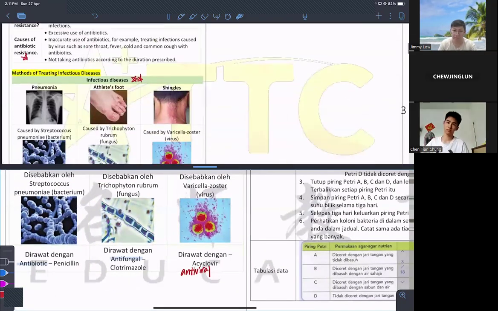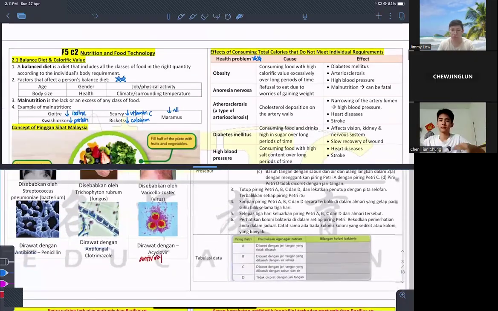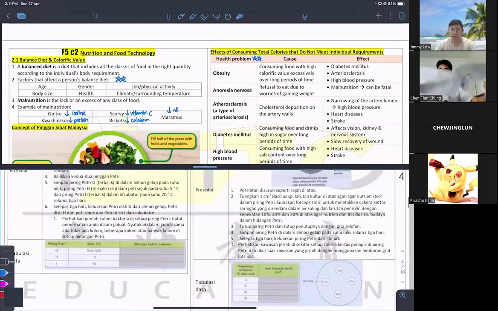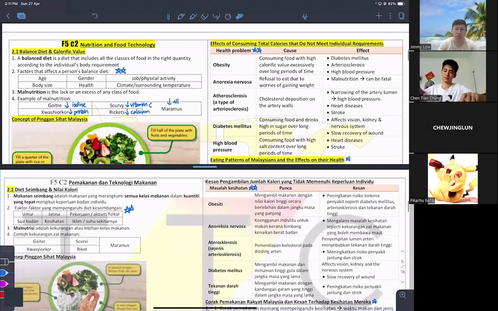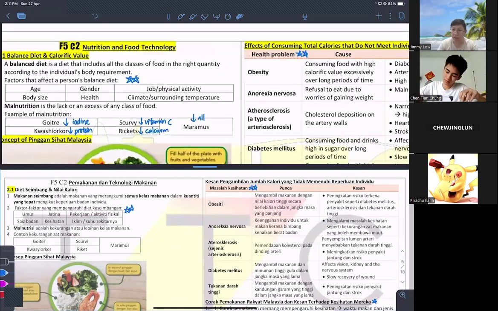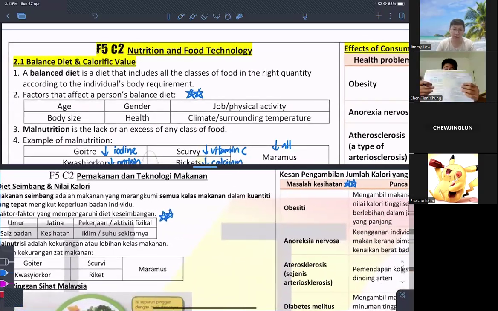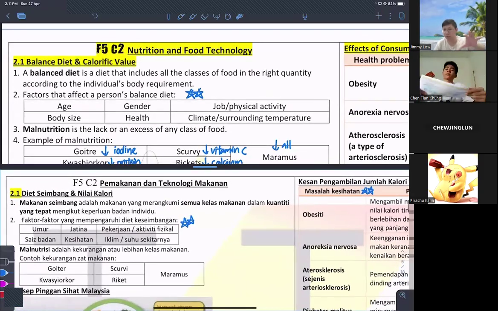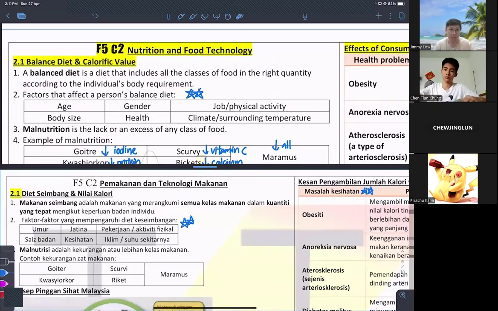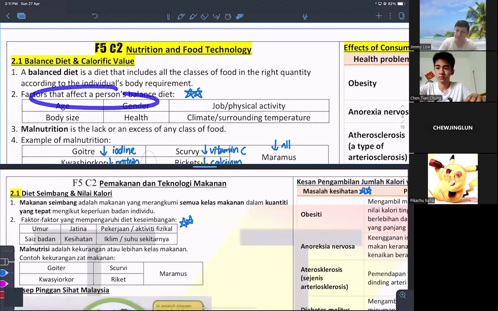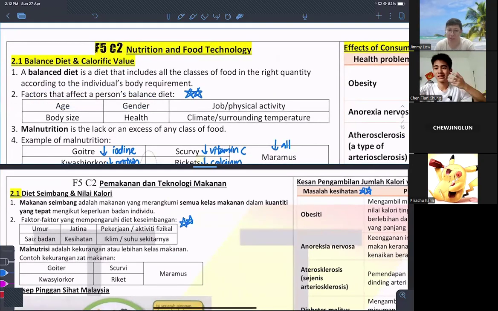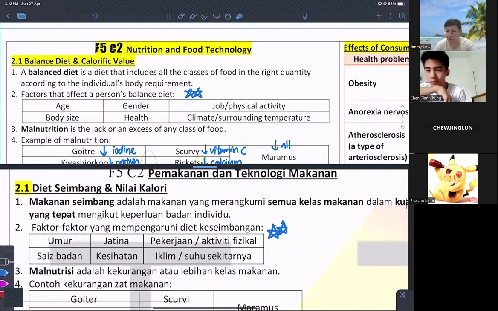Then, hey, we go to chapter two. Okay, talking about chapter two, the important thing is here. For the new joiners, here to inform you, 1 star indicates a little bit important, 2 stars moderate, 3 stars super important. Okay, so what are the factors that affect your balanced diet? This one I give you 2 stars. No need to memorize all, but you have to know at least 3 of them.